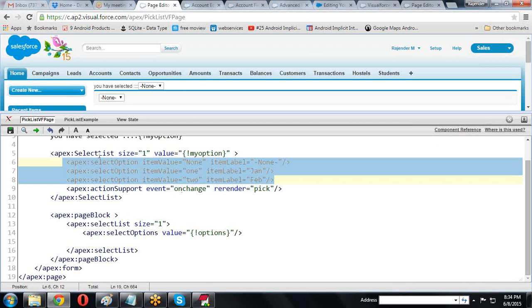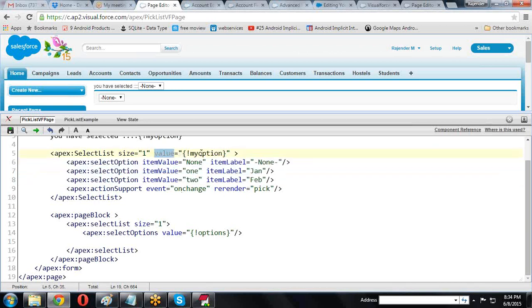Now here in the select list, value equal to my options. Whenever I select one label, January or February, what is the February value? The value is 2. This 2 is what I am displaying in the options. The my options value is stored through the setter method, and we retrieve it through the getter method.